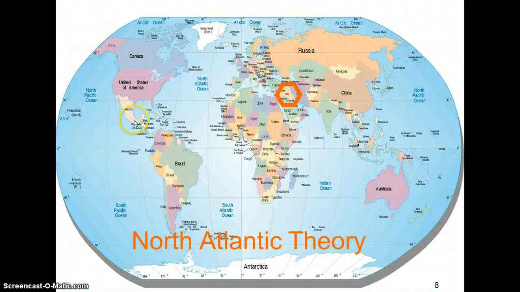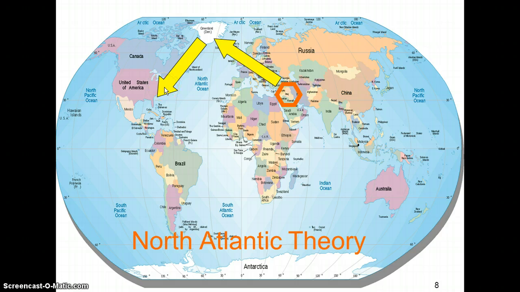There is a fourth theory called the North Atlantic theory. Again, people started here in the Fertile Crescent in Mesopotamia, and from there migrated across Europe to the west, eventually to Greenland, Denmark, and then down into Canada and the United States. This would be a much shorter trip. It would not need as much time as the previous theories. And we know the Vikings did that, at least, from Norway to Greenland and down into North America, long before